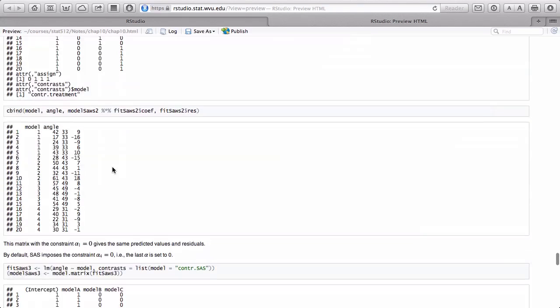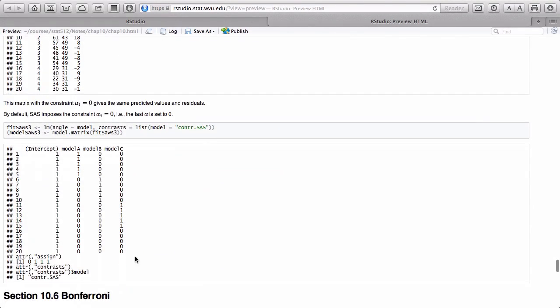I've shown you one additional thing, and that is how SAS does it. This is the way SAS does it. And here's the code for doing the SAS. I said contrast equals list model equals contrast.SAS, and then I do the model matrix. And here, alpha 1 is not 0. In other words, it's mu plus alpha 1 and so forth, mu plus alpha 2, mu plus alpha 3. And then notice it's got the 0, 0, 0s for the last group. And so that last group actually estimates y bar. And then